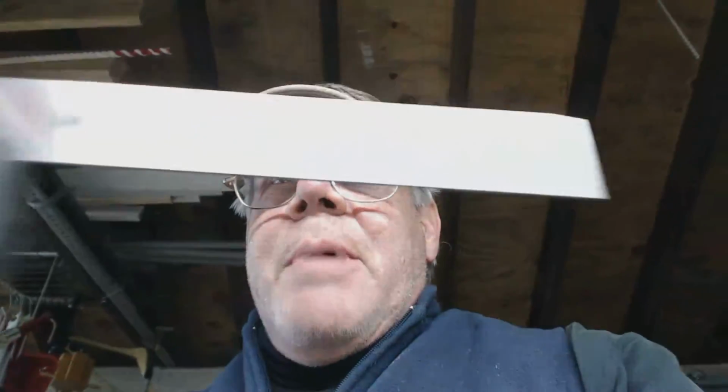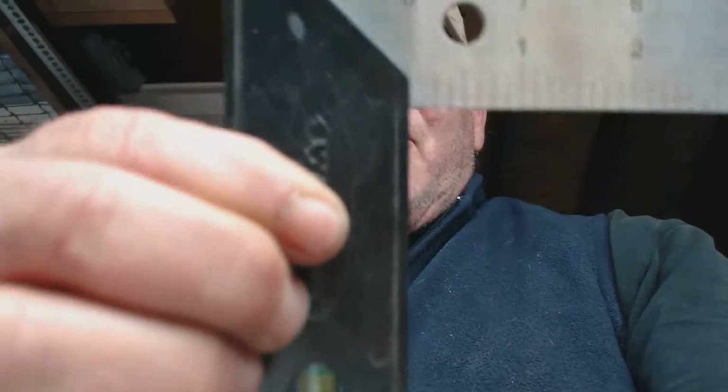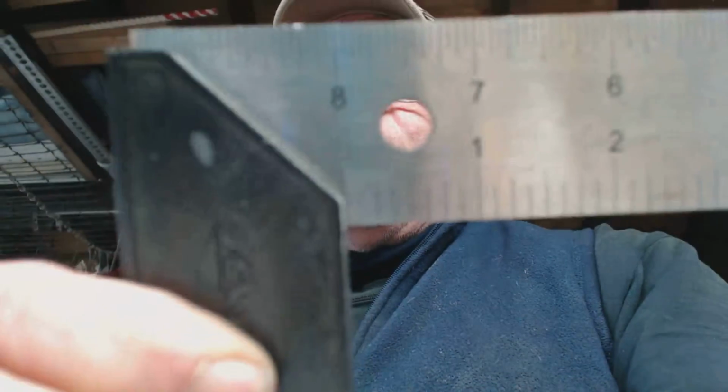So, how do you take a manufactured tri-square that does not have any adjustment screws on it and adjust it? It can be done. It's called hit and miss with a rubber mallet. And that's all you got to do, is just, if you see it's out that way, what you got to do,